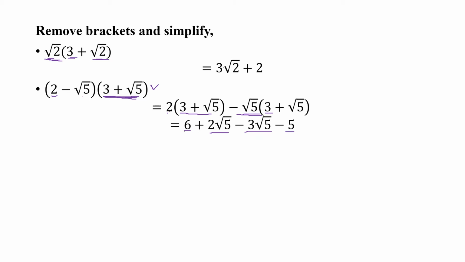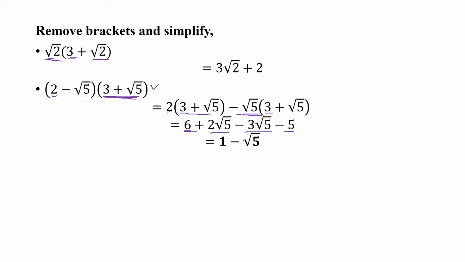We can see that 6 is a like term of minus 5. So 6 minus 5 is 1. So if we simplify these integers, we get 1. Then we have 2 root 5 minus 3 root 5. This simplifies to minus root 5. So our answer is 1 minus root 5. It's as simple as this. Right, and then straight away, let's move on to